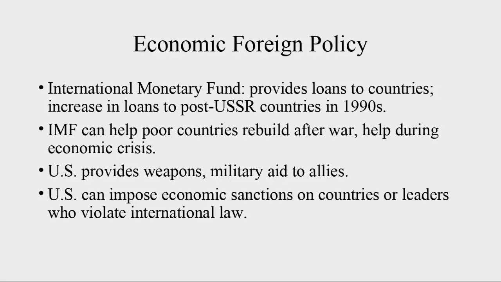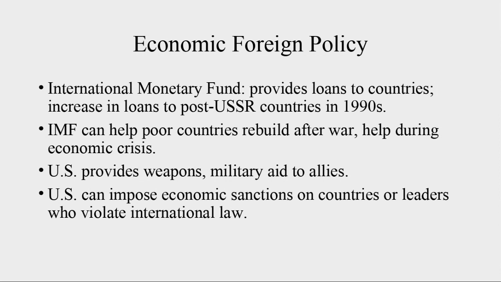Israel and Egypt are the two biggest recipients of military aid. Israel because they're our main ally in the Middle East, and Egypt because Egypt is kind of the border between the Middle East and Africa, because it's located in North Africa, so it's both Africa, Middle East kind of thing. So they get the most money and military aid. And we usually spend about $30 billion every year in terms of military and weapons aid.